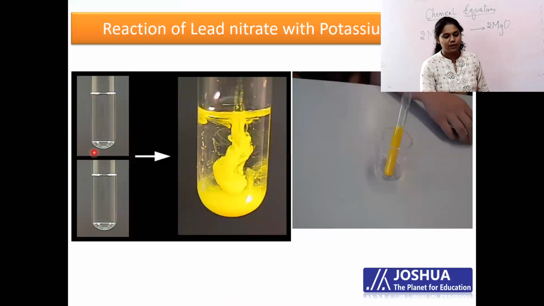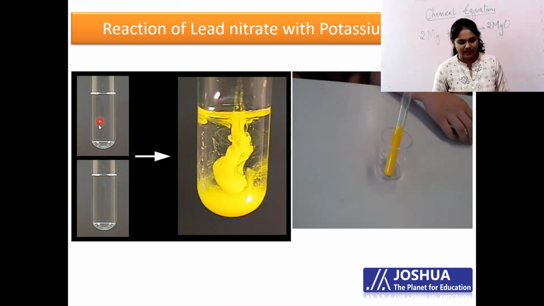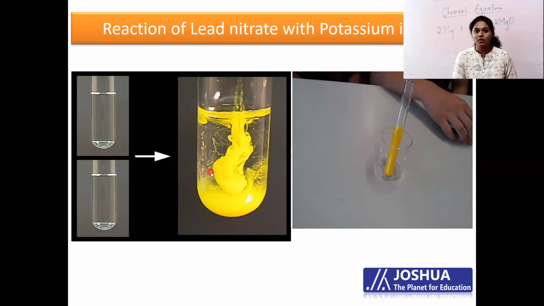Check this now. Can you see two transparent solutions that is shown here? So one of them is lead nitrate, another one is potassium iodide. So lead nitrate and potassium iodide both are transparent solutions. Okay, they have no color in them. Two transparent solutions. So when you mix both these transparent solutions, check what is happening. What are you getting here? Here you're getting a yellow color precipitate. Okay, the observation for this is yellow color precipitate. So what is that you will write down near the box, activity 1.2 there? Yellow precipitate is obtained. That's what you will write.